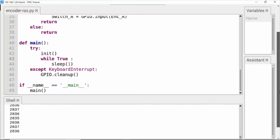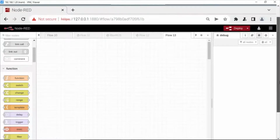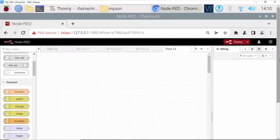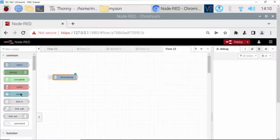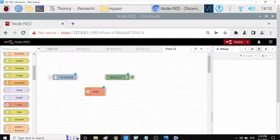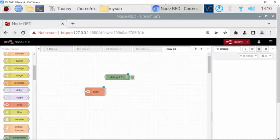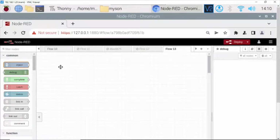Okay, now we go to Node-RED workplace. Here the Node-RED workplace has been installed before. If you not yet, you need to install first. Now we use this function here, inject, debug and the exec. Here, the Node-RED workplace. It had been installed before. Okay, now we choose inject, debug,